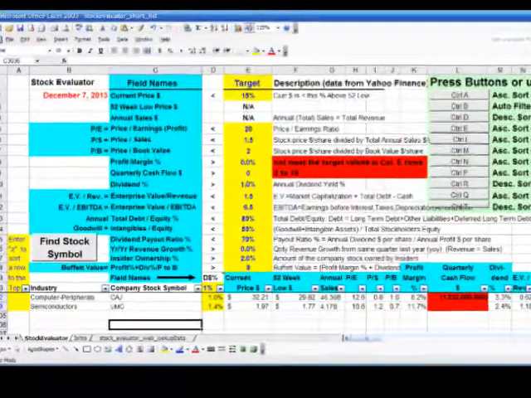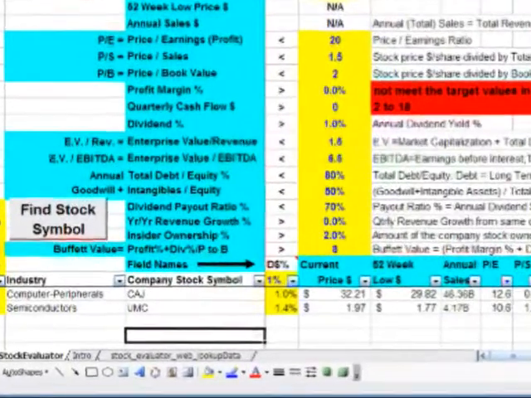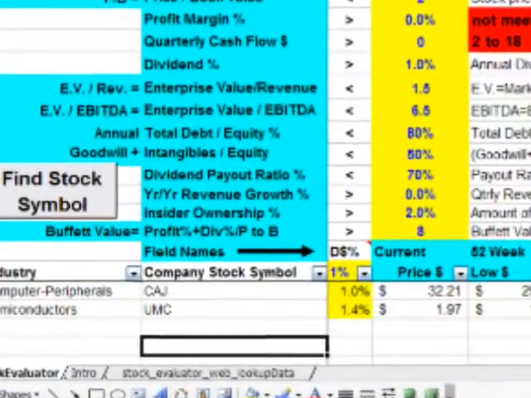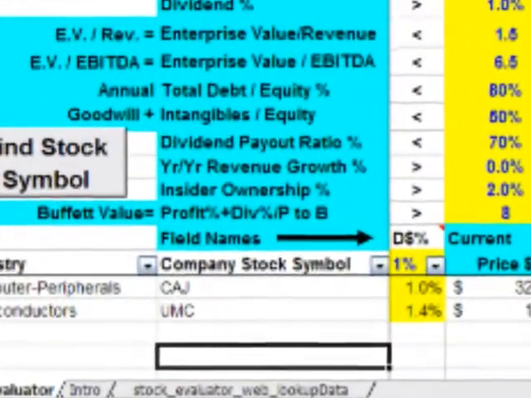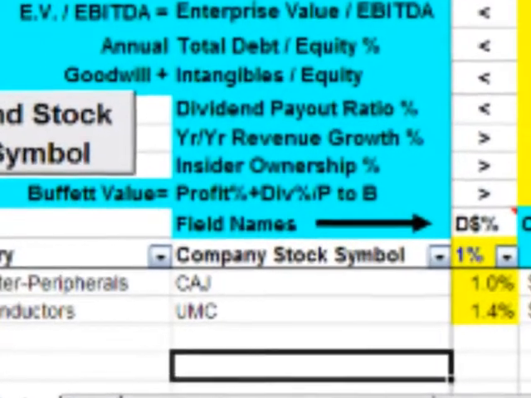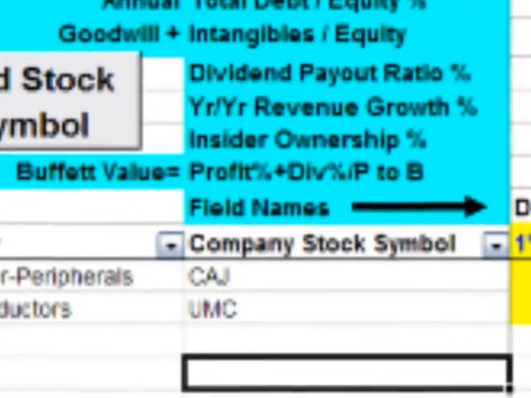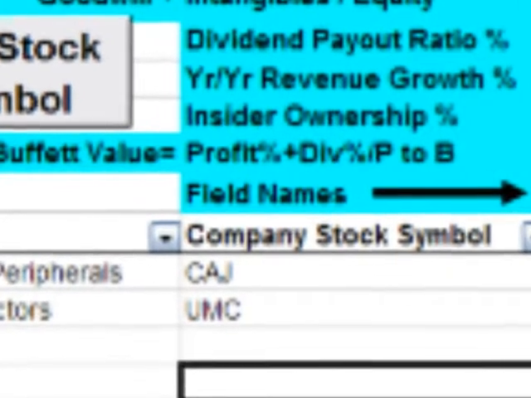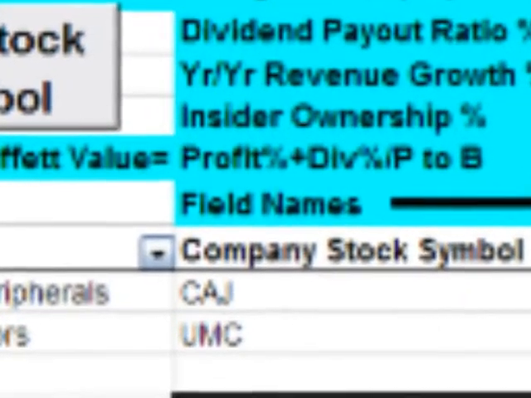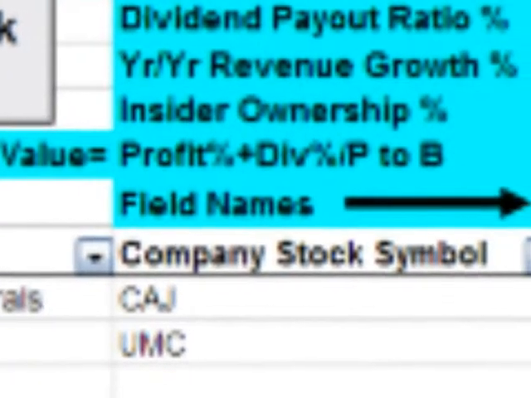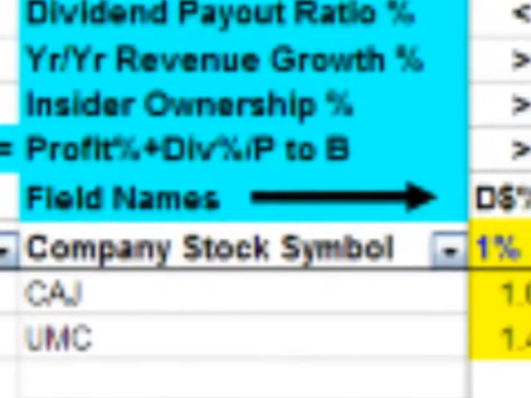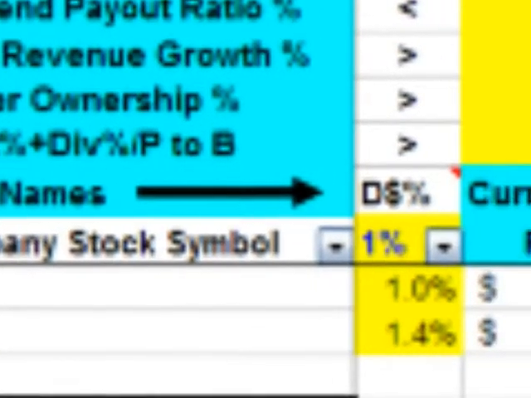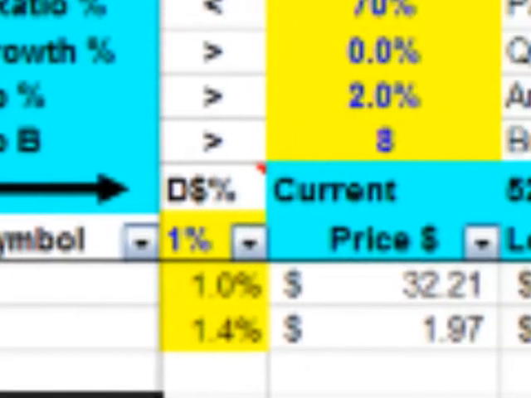You can now see that when my preferred screening limits are applied to these 12 columns, only 2 companies currently meet all 12 of my limits: CAJ, Canon, and UMC, United Microelectronics. Both are excellent companies, but neither is within 5% of their 52-week low. And since I only buy within 5% of 52-week low, this shortlist is not giving me any companies to buy